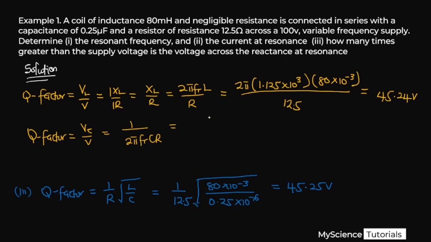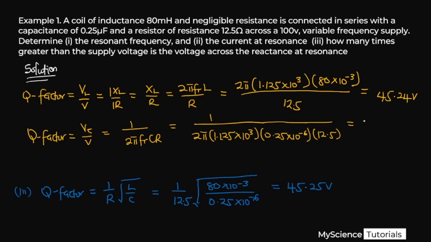So 1 over 2 pi multiplied by the resonant frequency, 1.125 times 10 to the power 3, multiplied by our capacitance, 0.25 times 10 to the power minus 6, multiplied by the resistance, 12.5, we are still going to get the same answer,